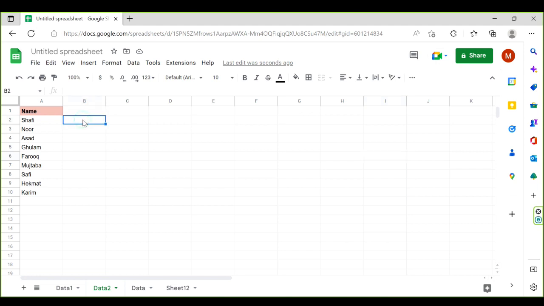Select a cell beside your data and type the following formula. CHAR, press Tab. For the table number, type 8226, close the bracket,